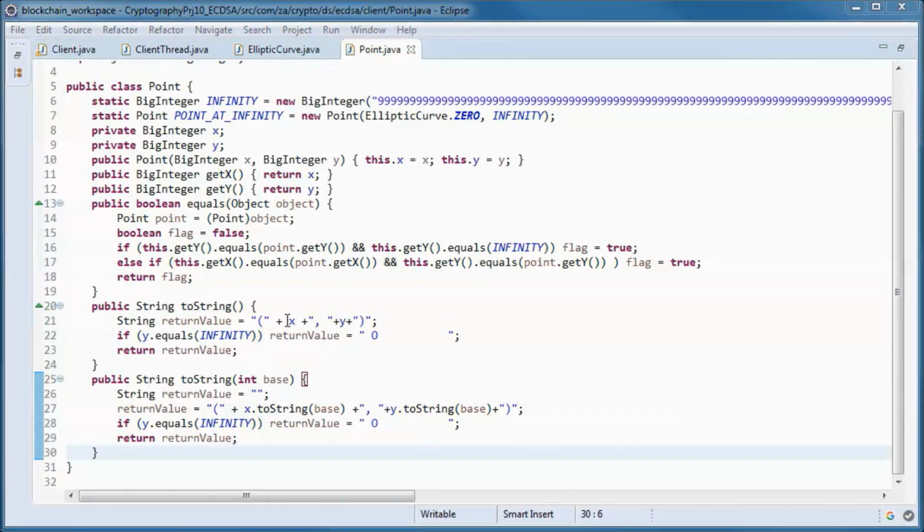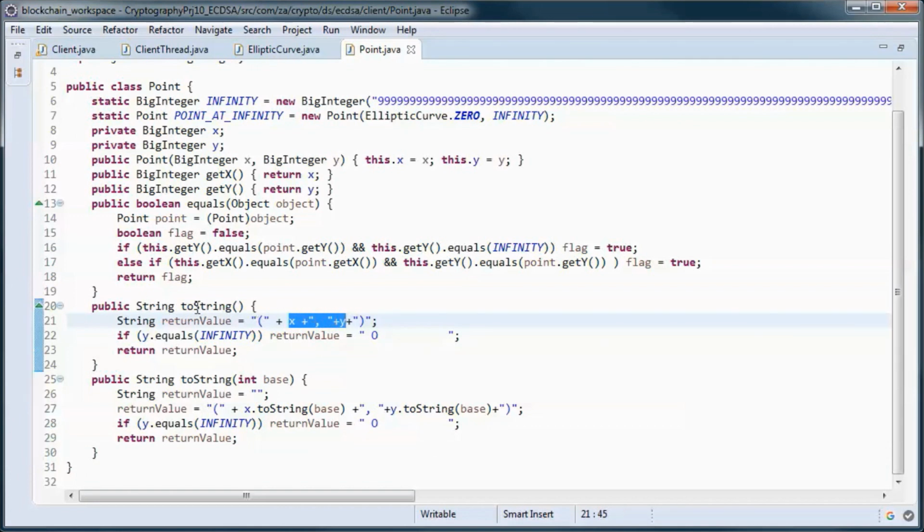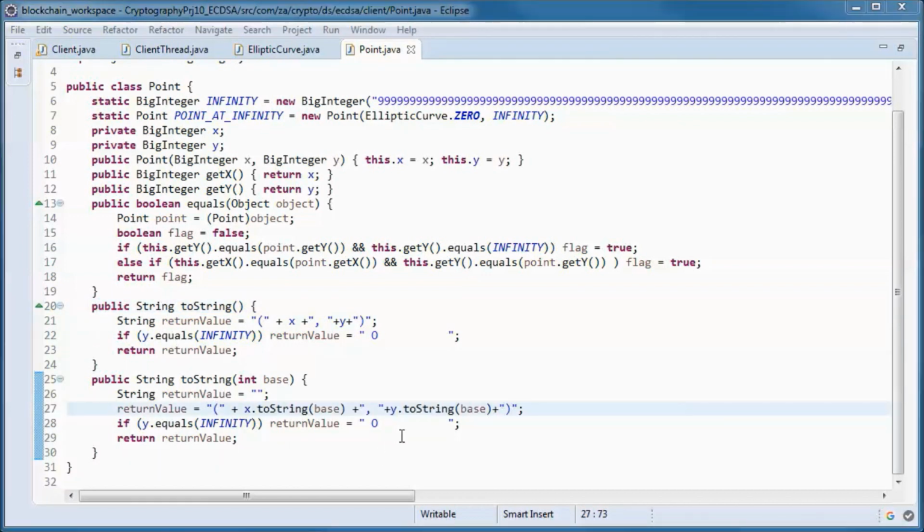So this returns the x and y coordinates in base 10, and this one in all bases, including base 10, 16, etc.